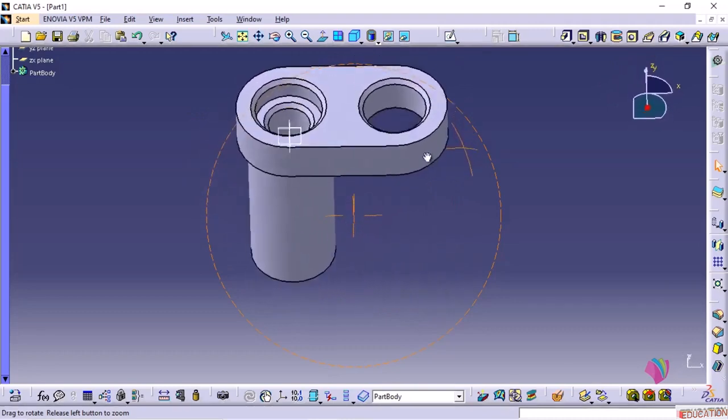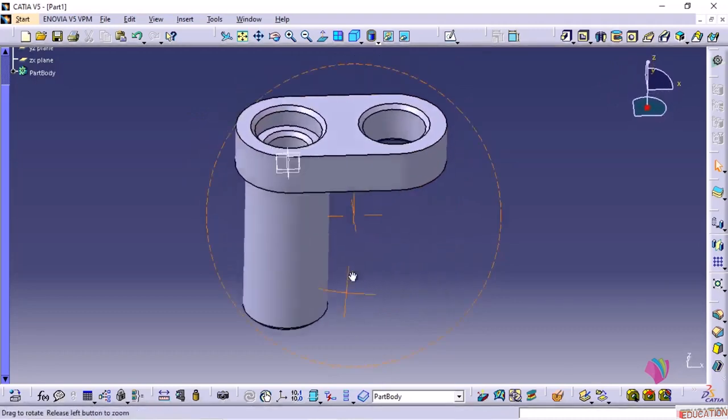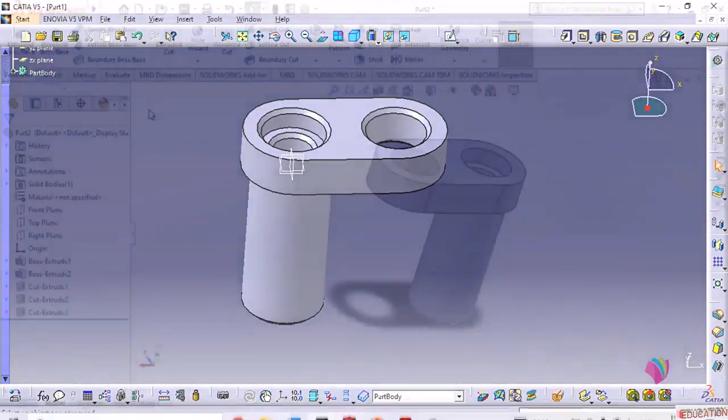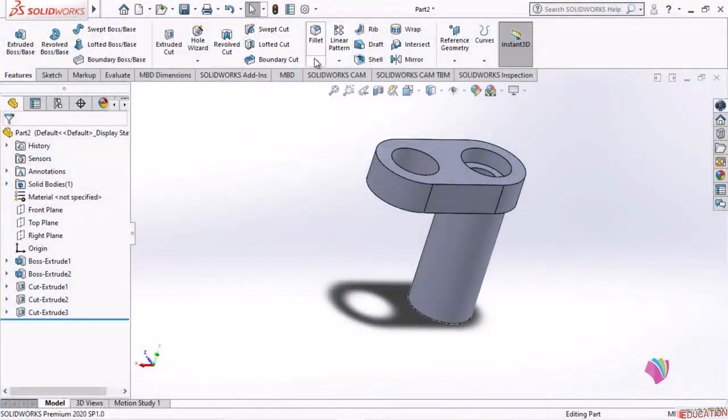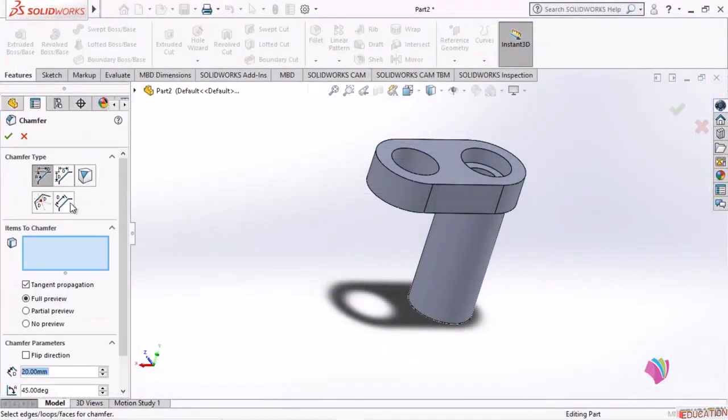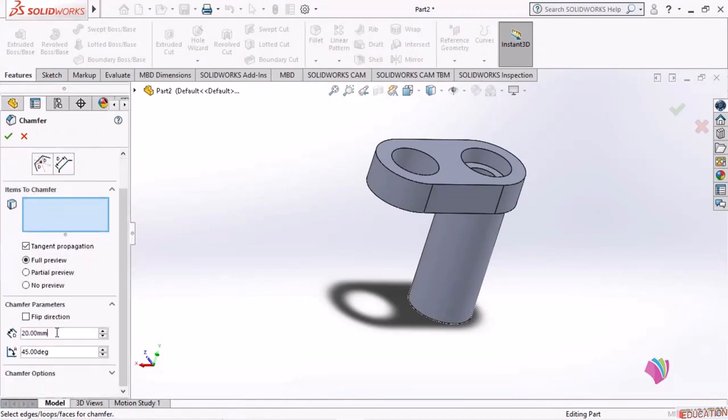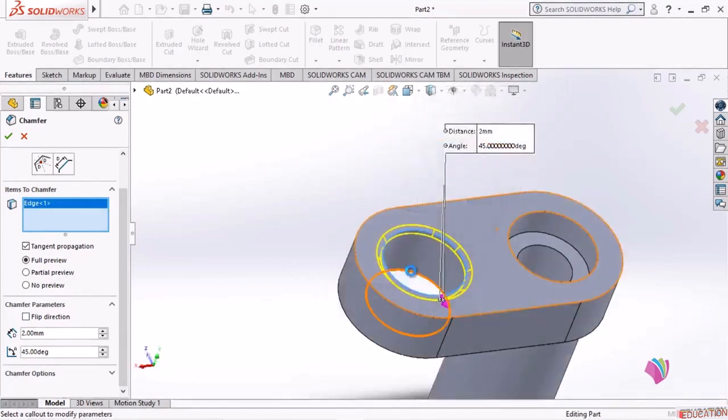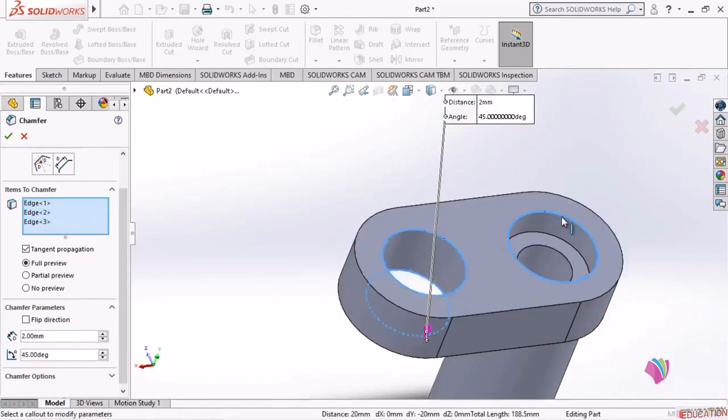Now let us give the same chamfer to the object in Solidworks. Here we will go for chamfer, and here angle and distance. The distance is 2 mm and the angle is 45 degrees. Now we just have to select the edges. We select this edge. Let us zoom. We'll select this edge, this,